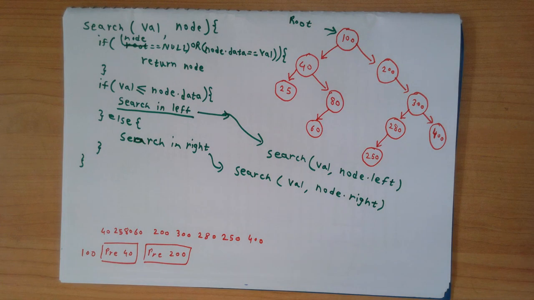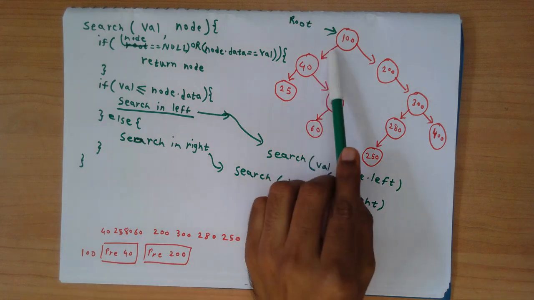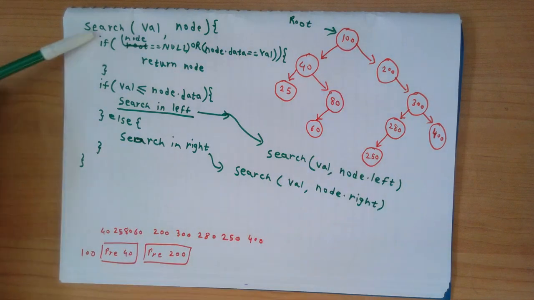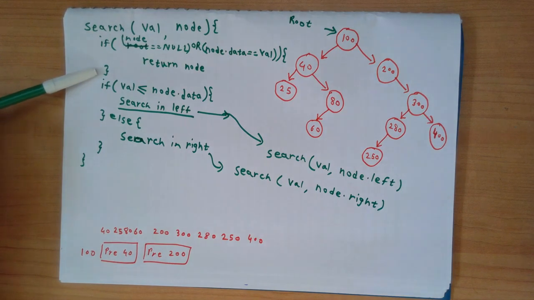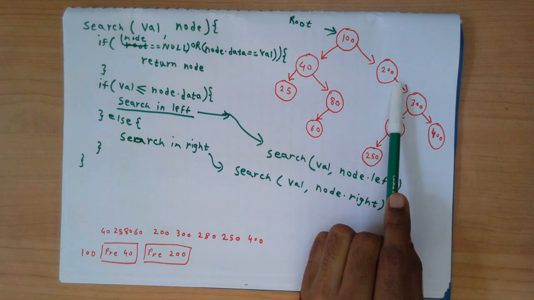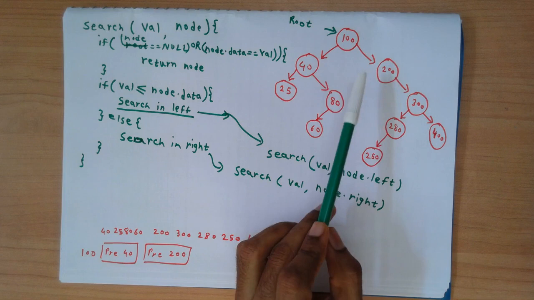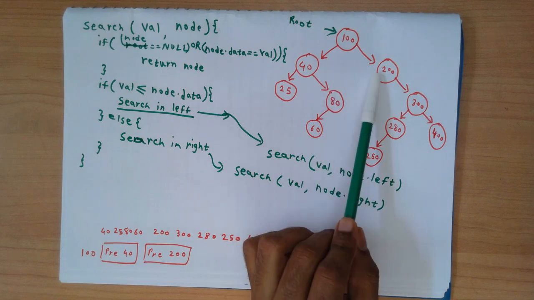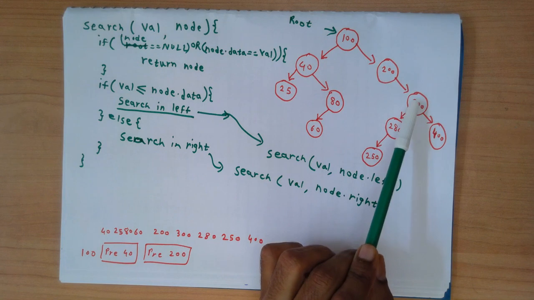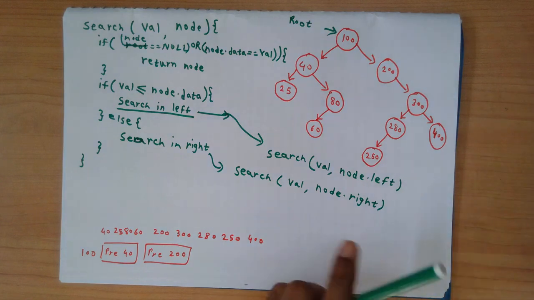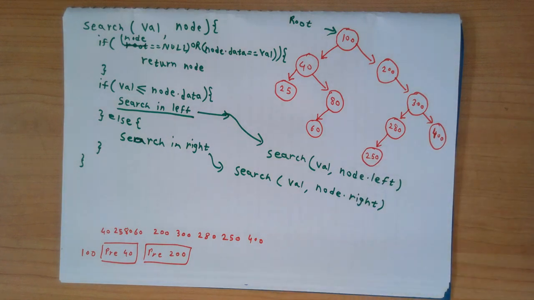Let's think about the time complexity of this algorithm. I'm going to start my search from the root node. Best case scenario, root is null, or I find the value in the root, which is this particular block. But otherwise, I have to search either in the left or to the right. It's not both, it's only in one of the partitions. In the worst case, I start from root, I go to one of the branches, and then I have to go to one more branch, and so on, and finally I will reach some leaf, and then I will find the required value, or I will not find it. That's the worst case scenario.